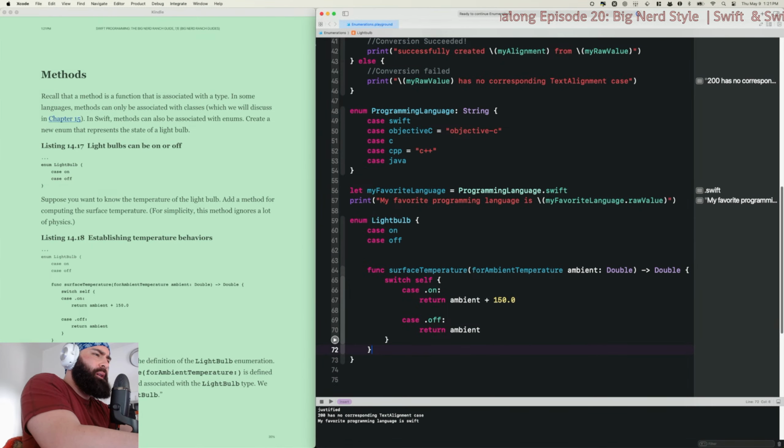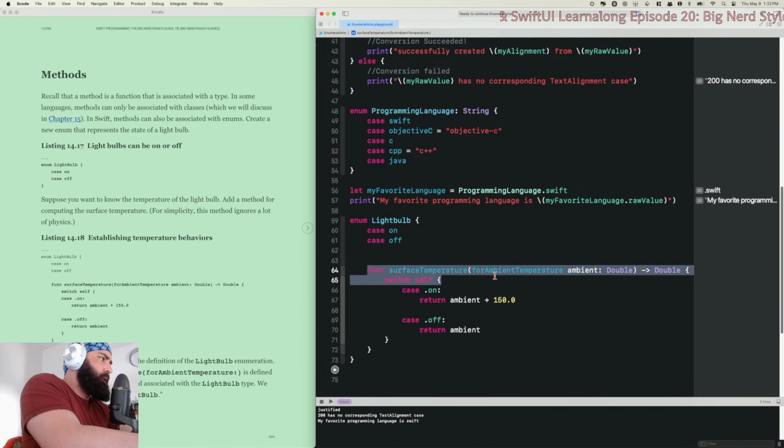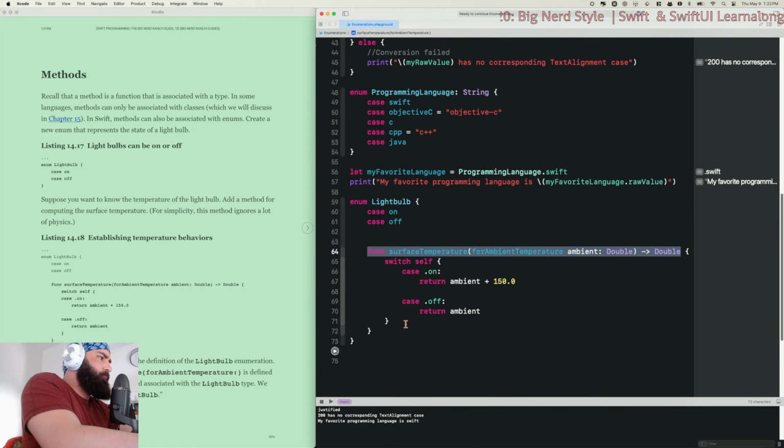So here you add a function inside the definition of the light bulb enumeration. Inside this enum, we write this function. Switch self. If it's on, return ambient temperature plus 150, and if it's off, just return ambient.